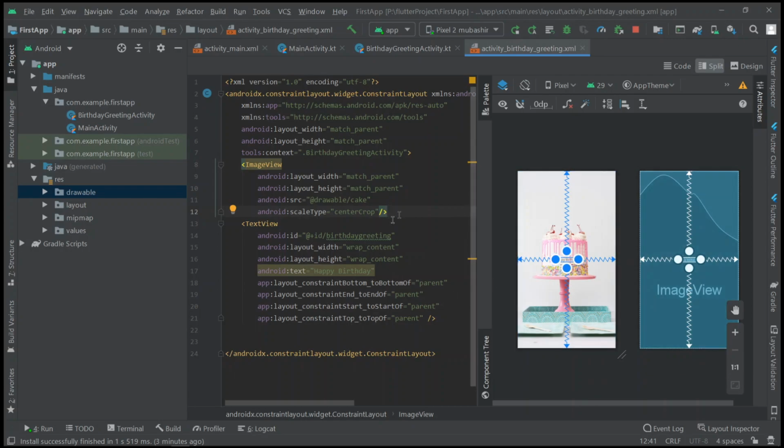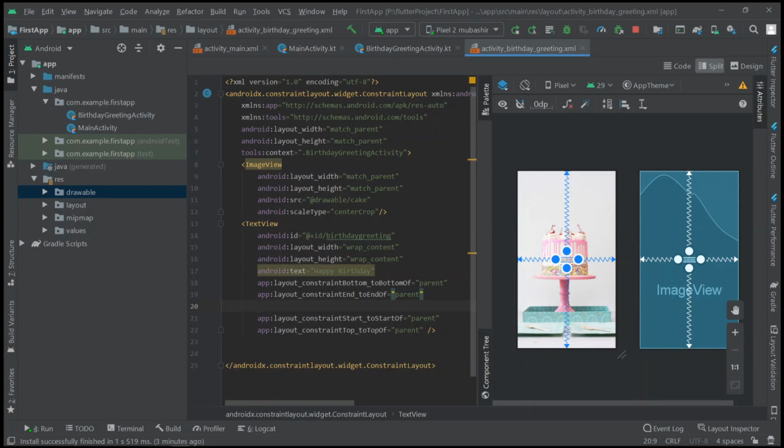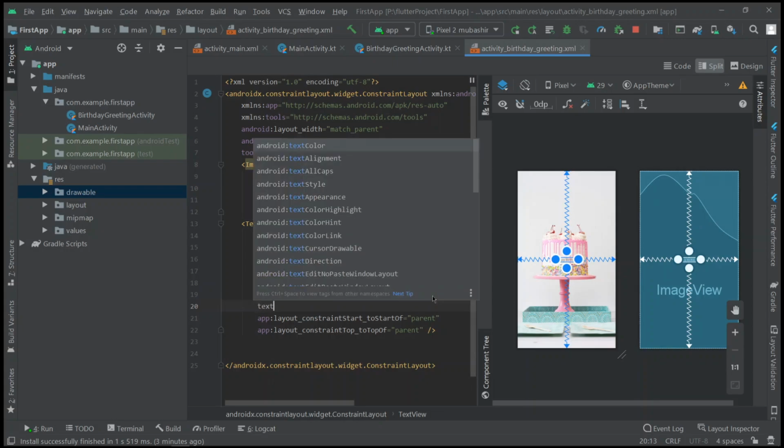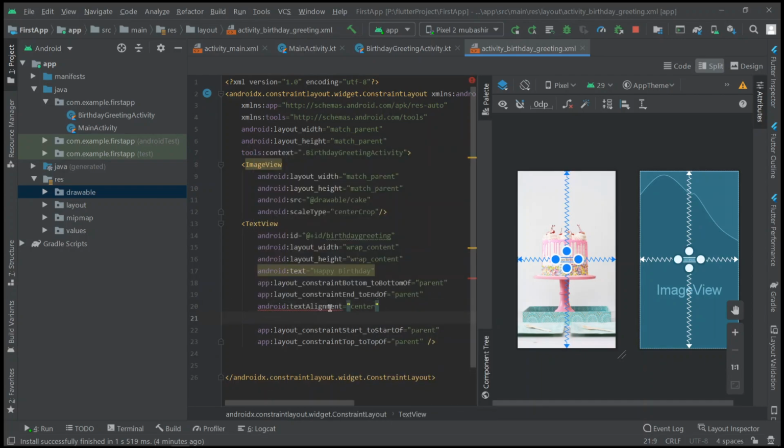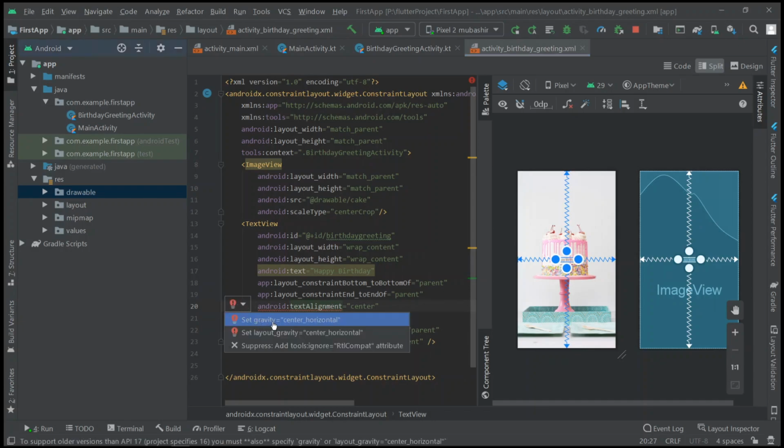Okay, so let us change this text from text size. So first text alignment, let me set this text alignment to center, and here I need to give gravity. So let us click on this, set gravity center horizontal.